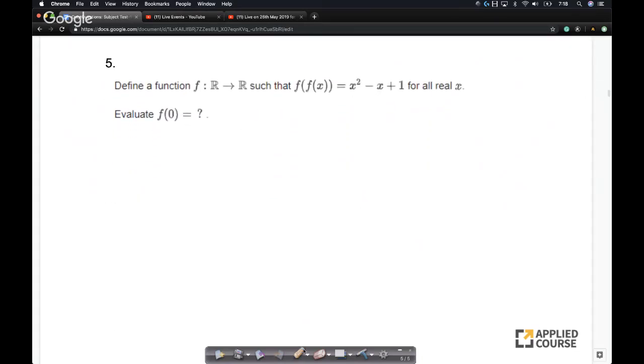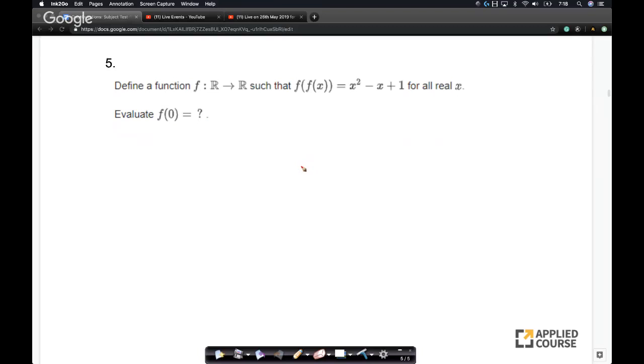This question again is not hard. It is slightly tricky. Okay, so let me solve this question, right? So what does it say? It says, imagine if I have a function from real numbers to real numbers such that f of x is x square minus x plus 1. Then what is f of f of x? Let's try to work it out, right? So let's assume y equals f of x, just for simplicity.